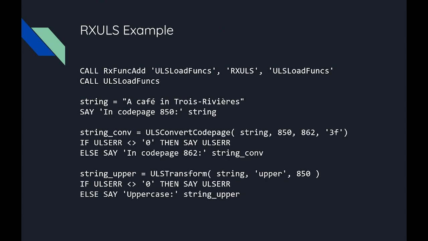Now, I have two RxULS examples, because I can't really cover everything that it does in what will fit on one slide. So the first example is very simple. It takes a string with a couple of accented characters in it, a café in Trois-Rivières, and if anybody doesn't know,